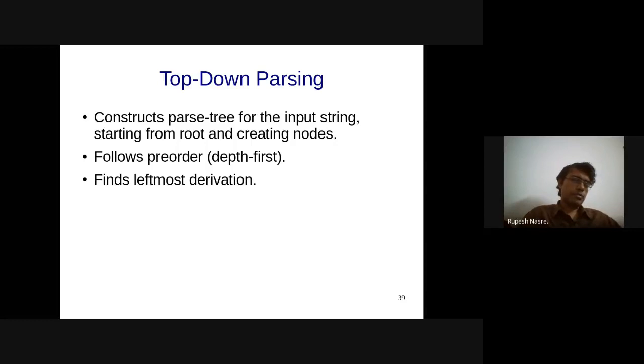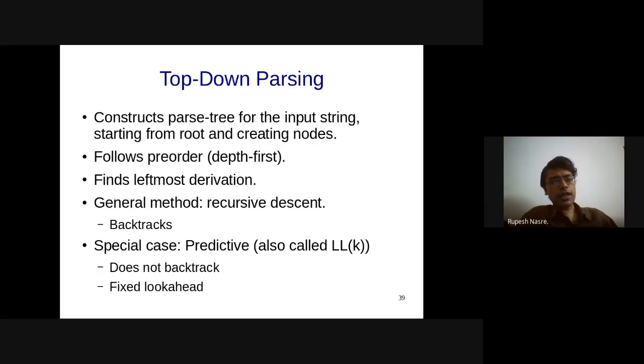Let's come to the top-down parsing part. So we are going to spend some time with top-down parsing, but the concepts that we use here, especially table-based methods, are going to be useful even in the bottom-up part, because that mechanism is going to remain the same. What we are going to do in top-down parsing is construct a parse tree for the input string starting from the root, and then we go on creating the tree below, which is going to be the opposite in bottom-up parsing. As we follow this tree, we do a depth first traversal of it, and we use the leftmost derivation, which is going to give us the LL parsing.